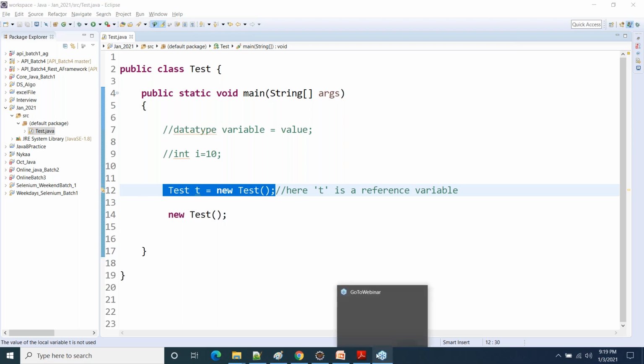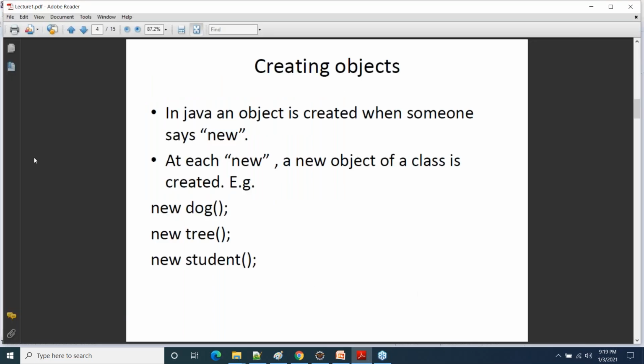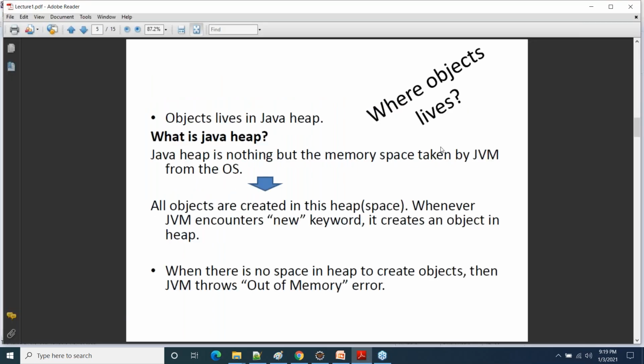Okay. So we have seen how to create an object. Now we will see where exactly the objects are created. Arvind is asking, can we create an object of a class inside another class? Of course, that is possible, and we will be doing those things, but not in today's session. After a few classes, you can create an object of any class in any other class. There are some conditions, but we will discuss those later, not today.